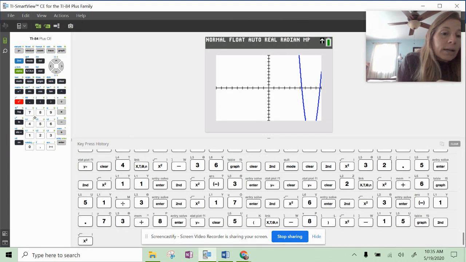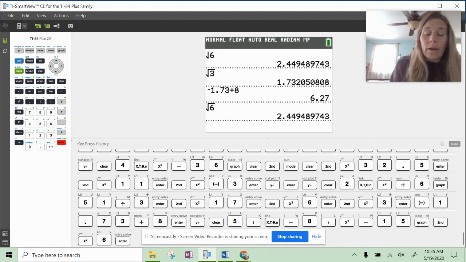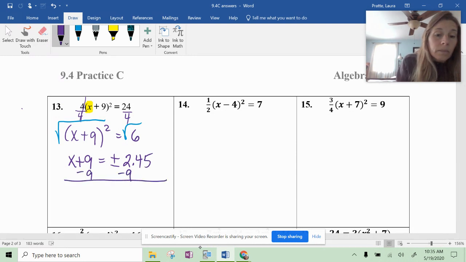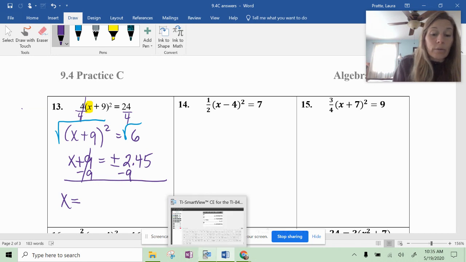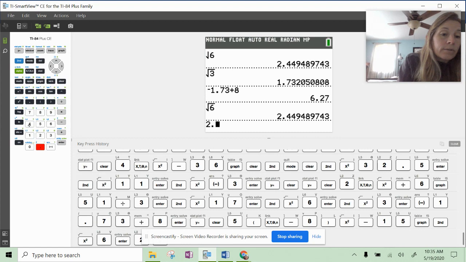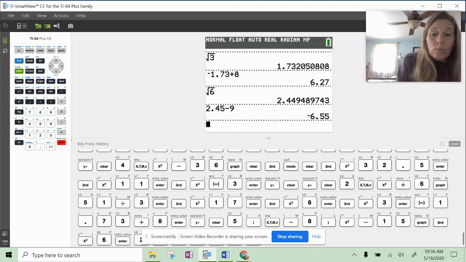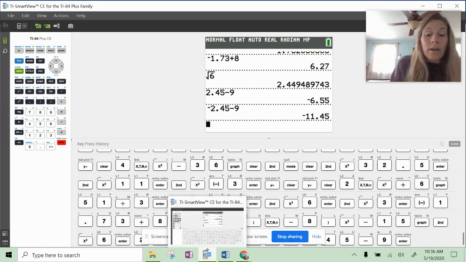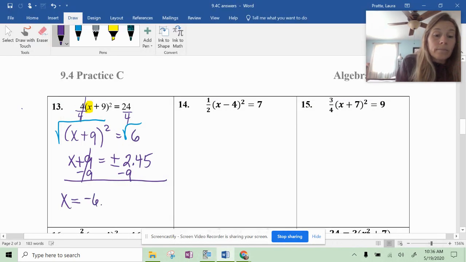So the square root of 6 is 2.45 if we're rounding to the nearest hundredth. So when you subtract your 9, you're going to have x equals positive 2.45 minus 9 and then negative 2.45 minus 9. So positive 2.45 minus 9 is one answer, and then negative 2.45 minus 9 is the second answer. So negative 6.55 and negative 11.45. Those are your two